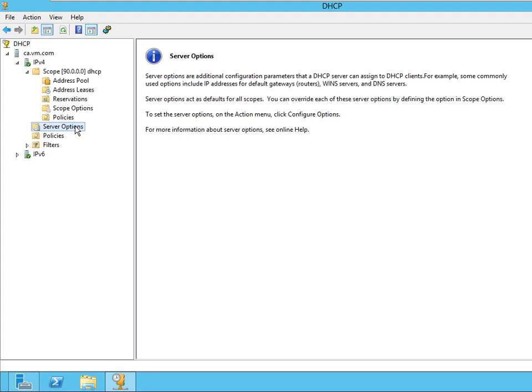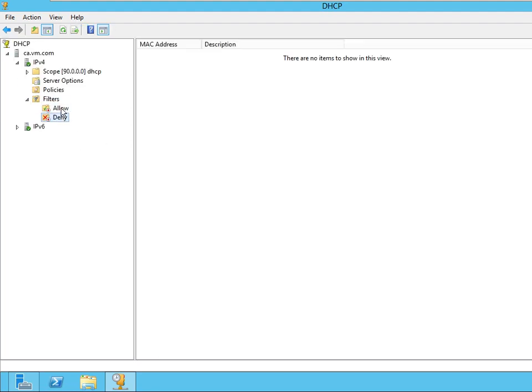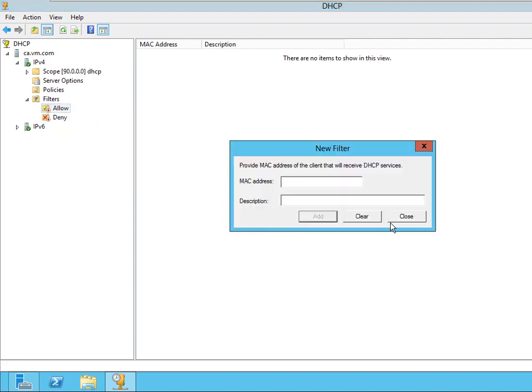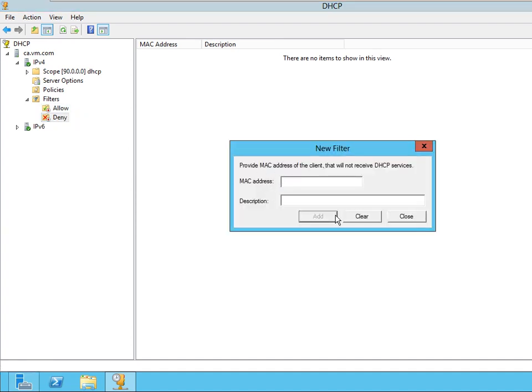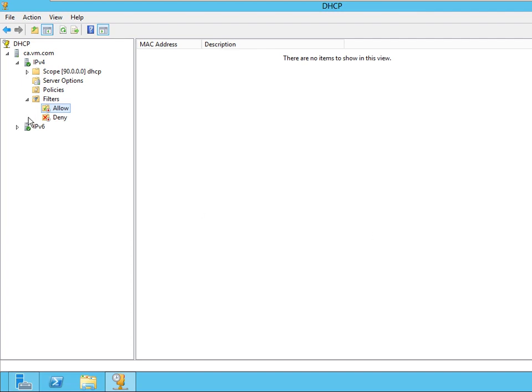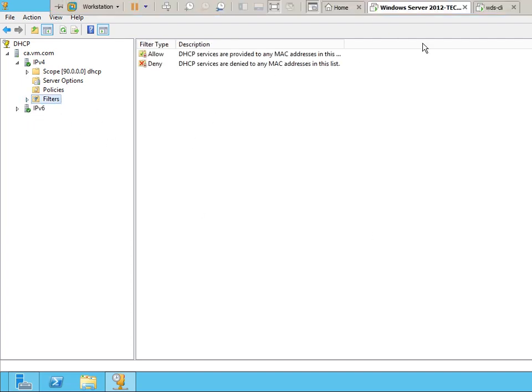All the scopes will have that DNS address only. Fine. So in filter you have two options, one is allow and one is deny. Based on MAC address, which PCs can have an IP, or which PCs I want to deny based on a MAC address, I can deny the IP. That's about your filtering concept more.